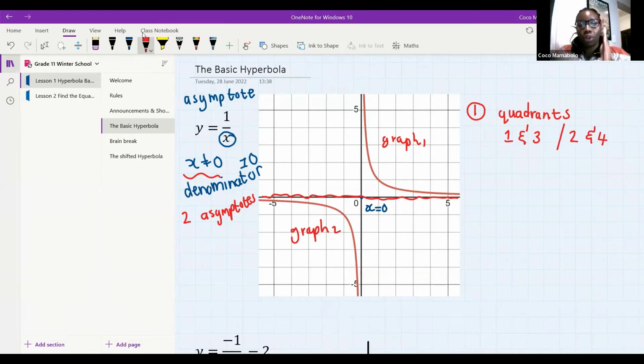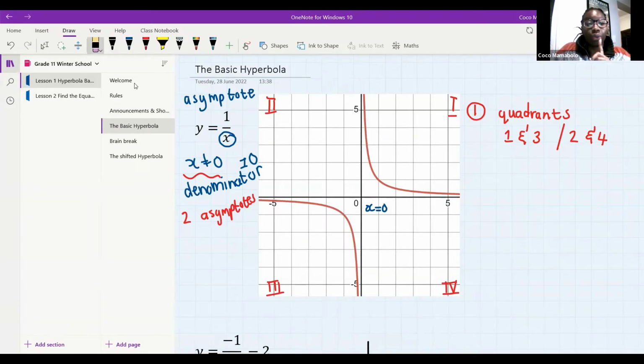Okay, so this one that we have here, this is quadrant 1, quadrant 2, quadrant 3, and quadrant 4 over here. So this particular graph that we're looking at over here is sitting in quadrant 1 and quadrant 3, not